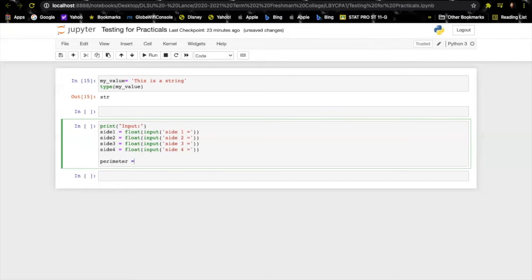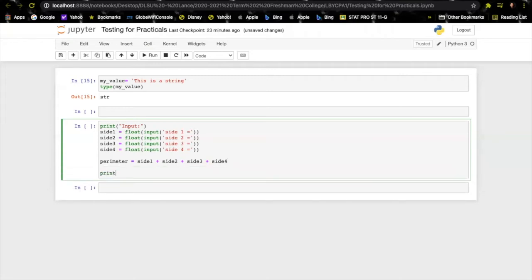So, perimeter is equal to side 1 plus side 2 plus side 3 plus side 4. So, lagay mo print the perimeter of the square is